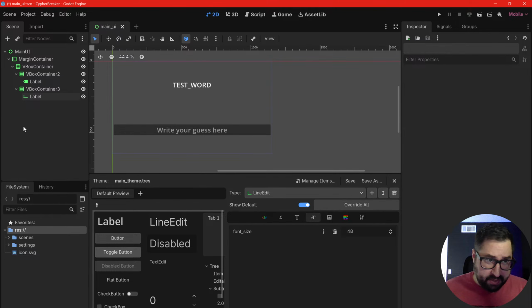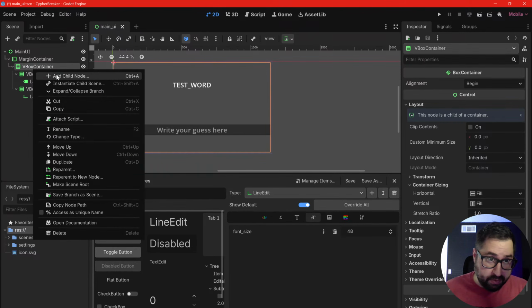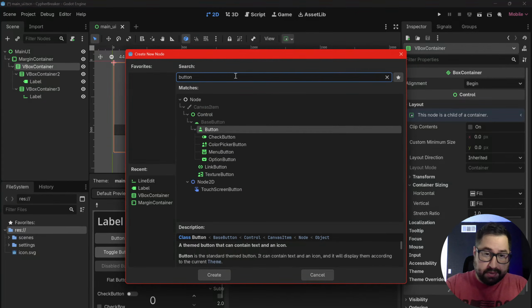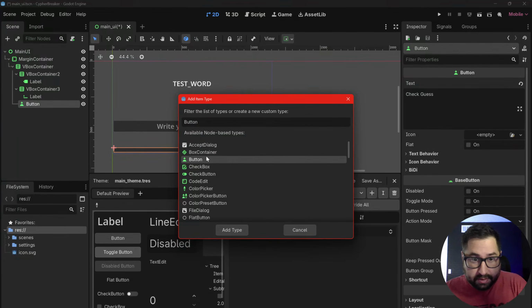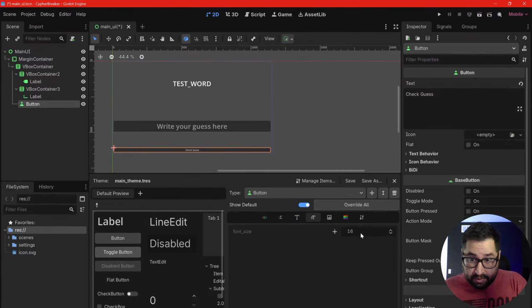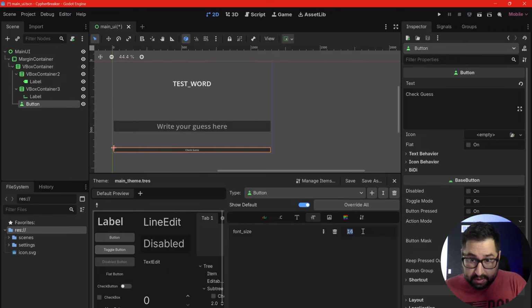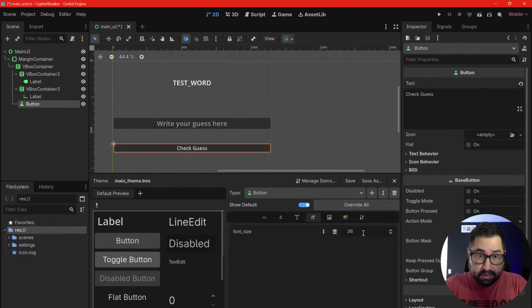Right. And then what we'll do is outside of here, we will create a button, right? That just says check guess. And then, of course, we have to come in here and create an override for button because that also is too small. Font size. Let's do 36. Check guess. Okay. So, right, you're going to get your test word. People will be able to write what they think it is, and then they'll be able to check guess. Like I said, this is very rudimentary